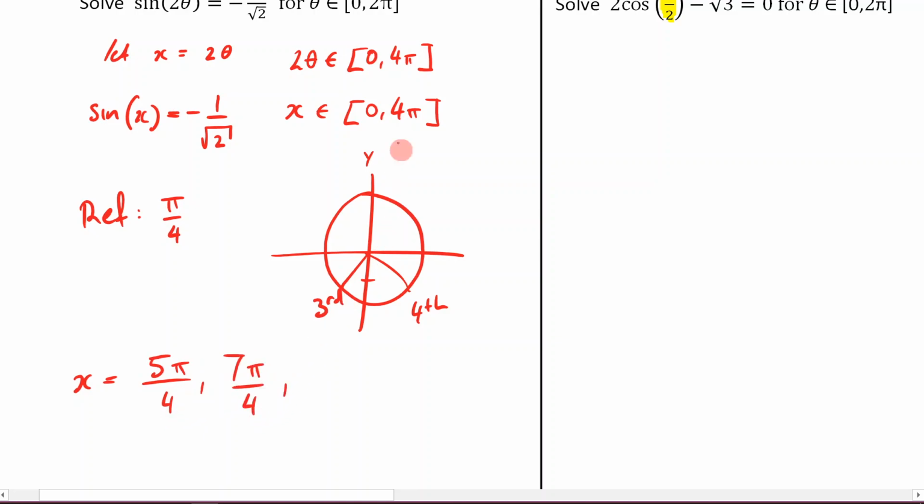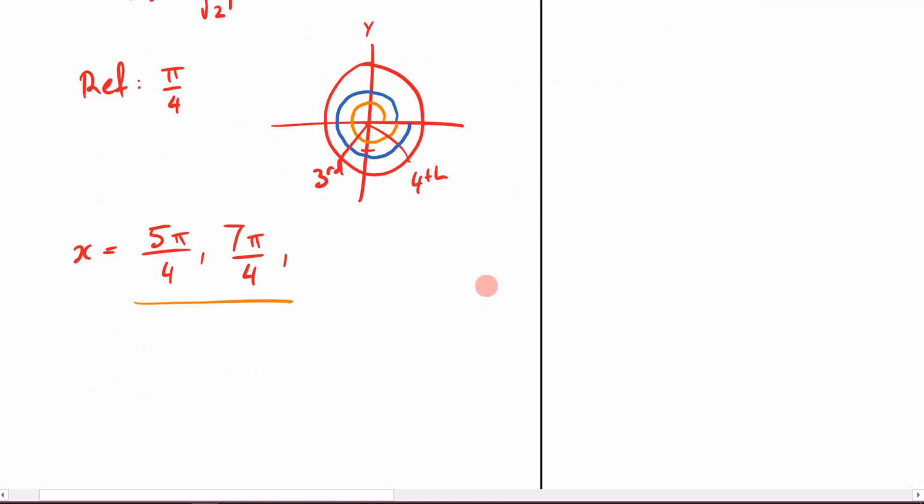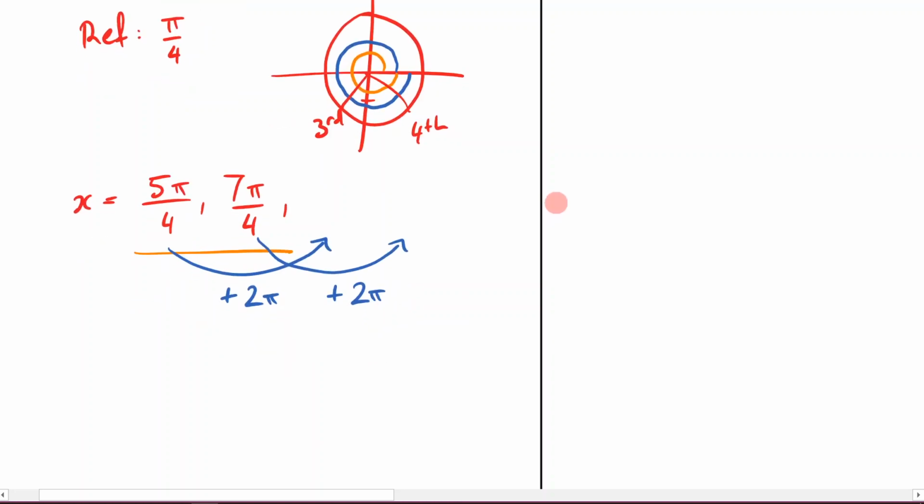But then remember, because I have to go, let me get another color here. I have to go 4 pi around the circle. So that's 2 pi here. So that covers those ones right there. But now I have to do another loop around, a 4 pi loop, to get my other two solutions. So to do that, I'm going to take this and plus 2 pi. I'm going to take this and plus 2 pi. So that means I'm going to end up with,